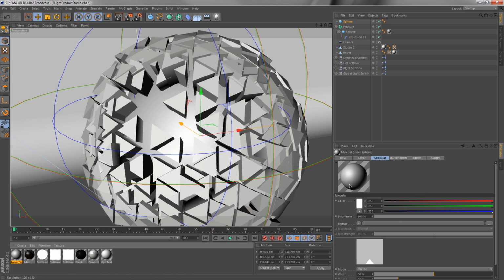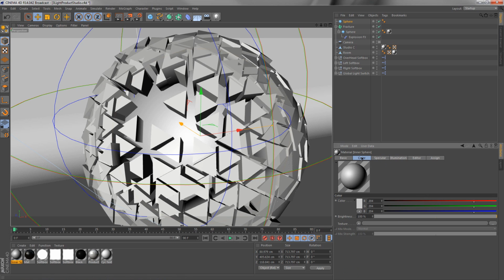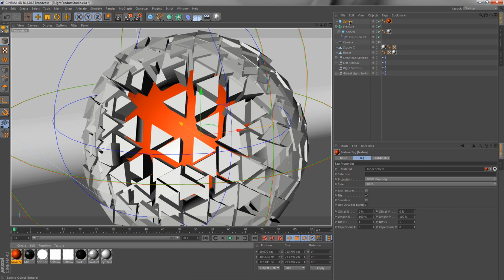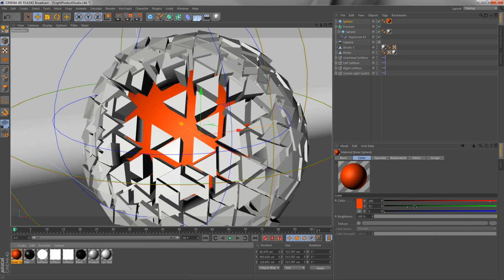And let's go back to the color here and make this one kind of red. So let's put the red all the way up, put the blue all the way down, and then put the green down until we have a cool reddish orange color. Maybe we'll put down the red just a little bit. And let's apply this to our sphere so we can see how it's starting to look,